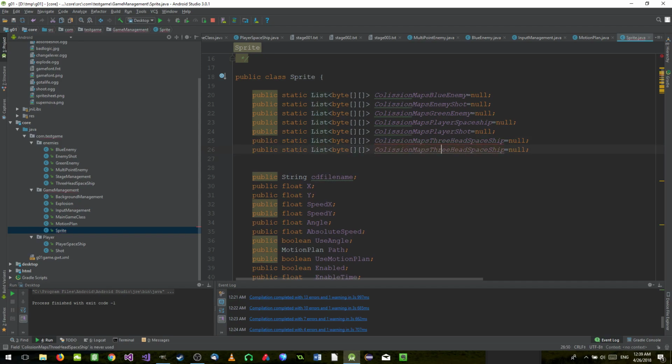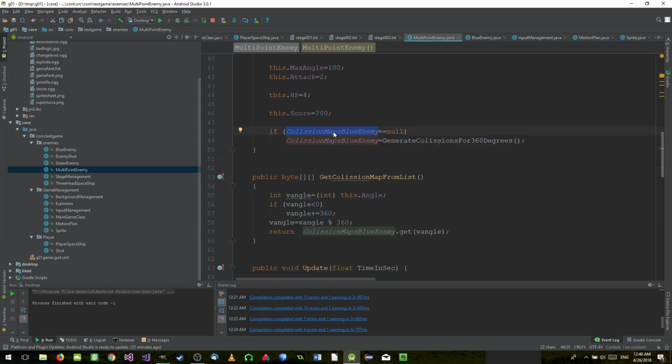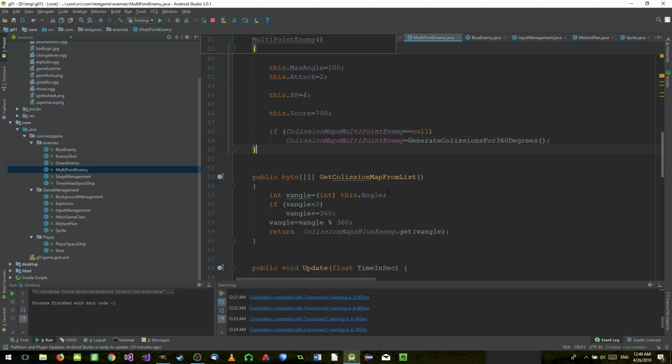Collision map, multi-point enemy. Multi-point enemy. There you go. Control C and go back to multi-point enemy. So if this guy is null, we are going to generate a collision map for it. Okay, so